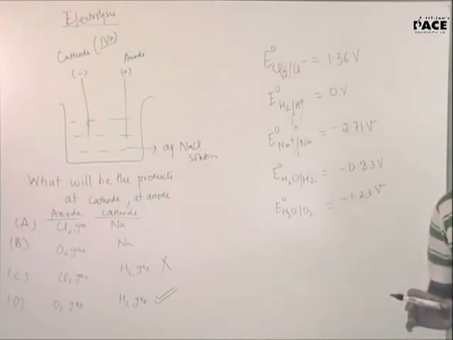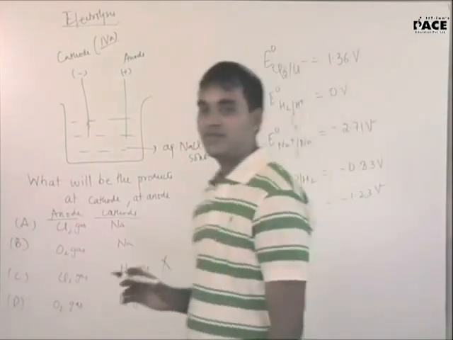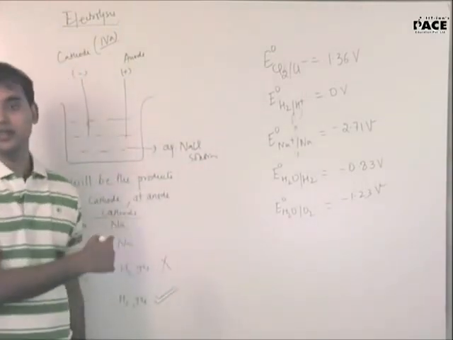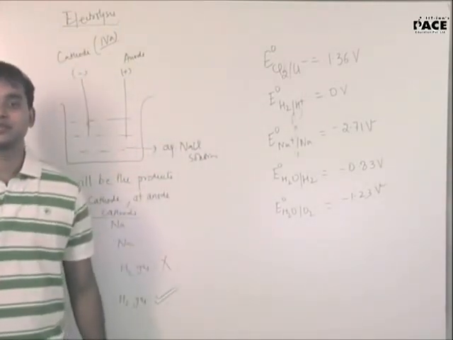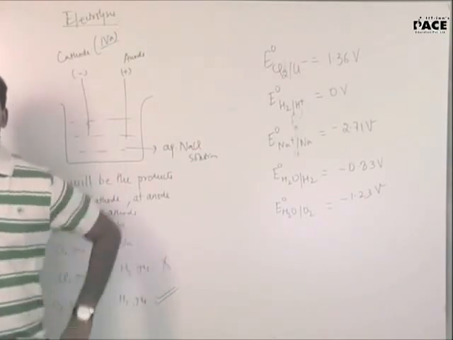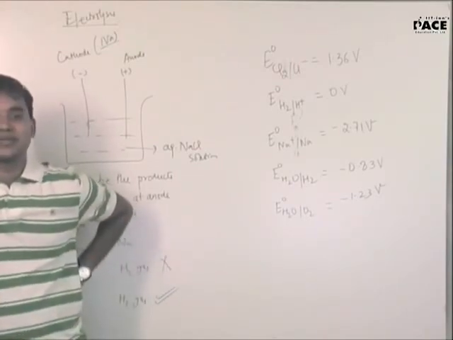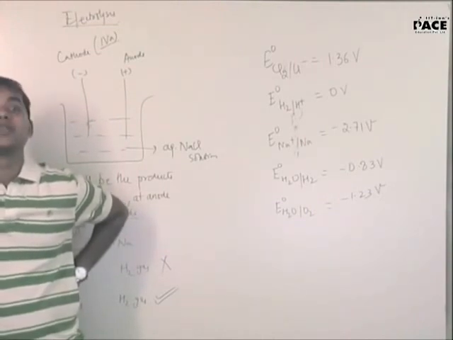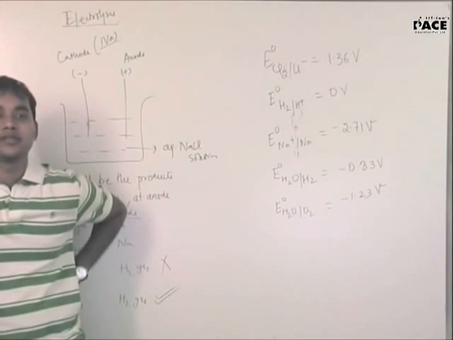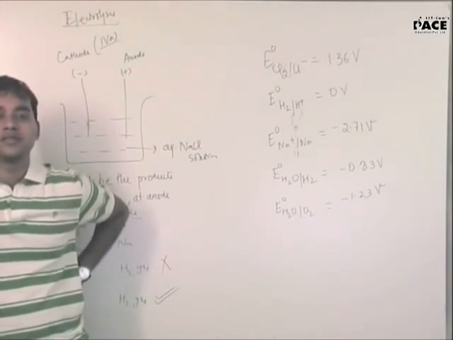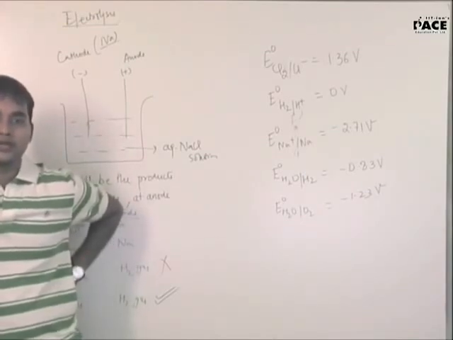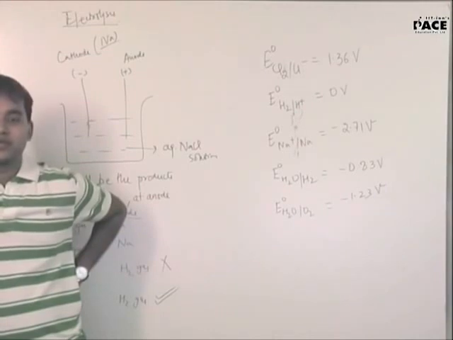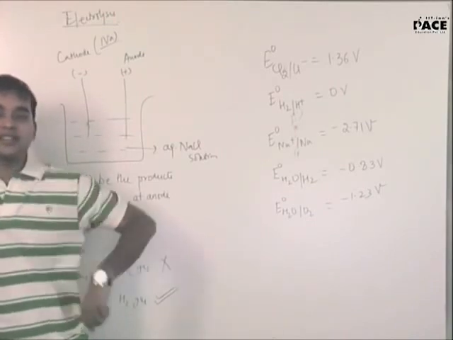When it was taught to us the extraction of sodium, it was told that sodium cannot be extracted in aqueous solution. For that you need a molten salt solution. Why? Sir, NaOH will get formed. Na won't stay there in the solution as Na plus only. It will form NaOH. Sodium has more tendency to remain in the ionic state than hydrogen, so hydrogen will prefer to accept the electron and go to the cathode. But the reduction potential. The guy at the back said the right thing.